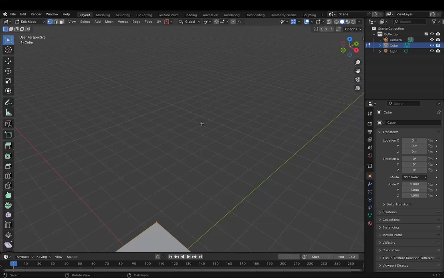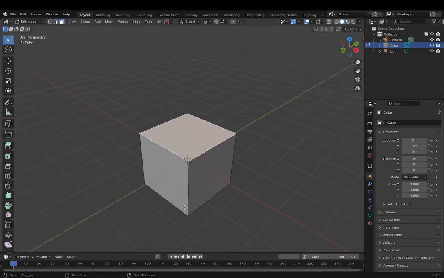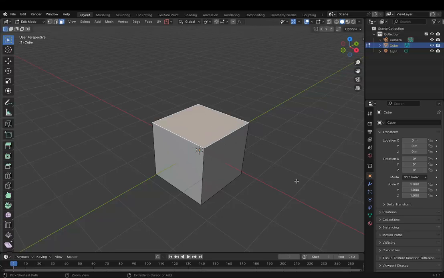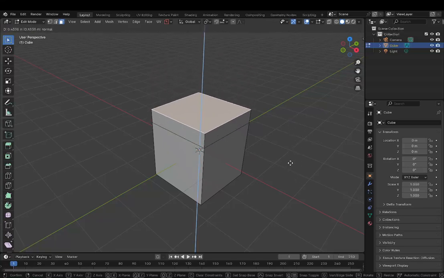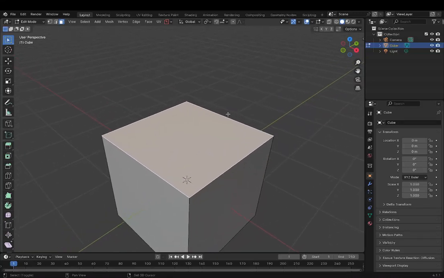So how we would do that in Blender is we use two features. And these are the things you're going to use so much in modeling that with these two features alone, you can model half the things around you. So the features are inset, or I keyboard shortcut, and extrude, or E keyboard shortcut. Let's look at each one in some detail.